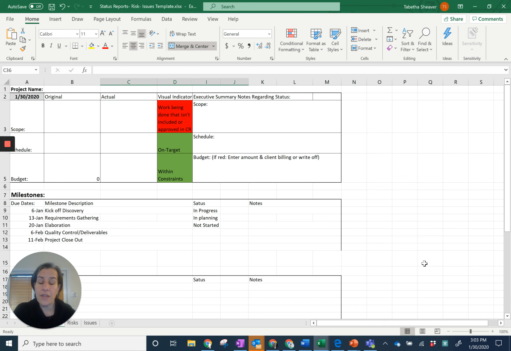Now, the other thing you should be doing in your status meetings is you should be reviewing the risk. So when you estimated this project,